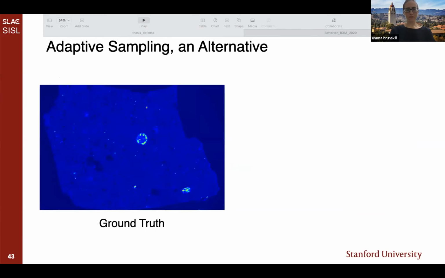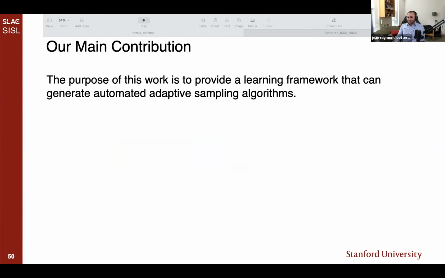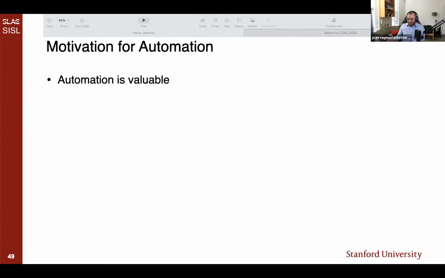Okay, so let's see. Right, so I went back a lot. That's the problem with having too many slides. So okay, so now